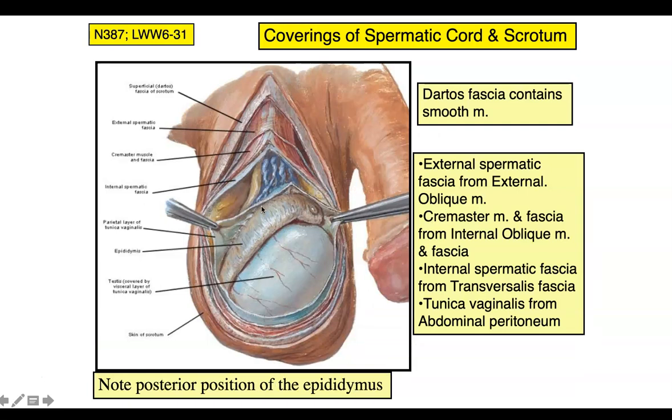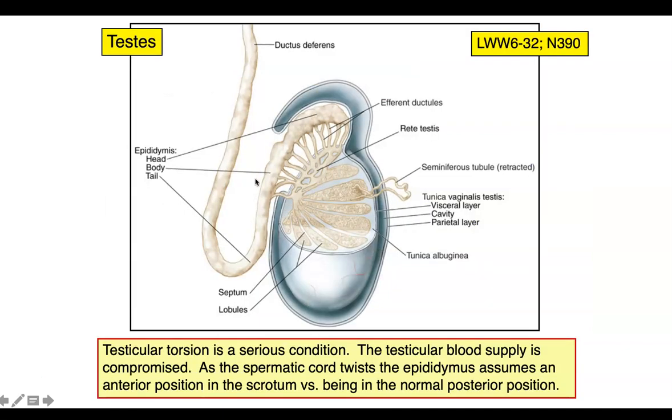See, it lies on the posterior inferior aspect of the testis, and it has a head, body, and tail, and the tail of the epididymis is continuous as the ductus deferens. So the ductus deferens is the continuation of the tail of the epididymis that carries the sperm from the epididymis, and it goes all the way. It is going through the spermatic cord, and it enters into the pelvic cavity through the superficial inguinal ring, deep inguinal ring, and then it goes to the